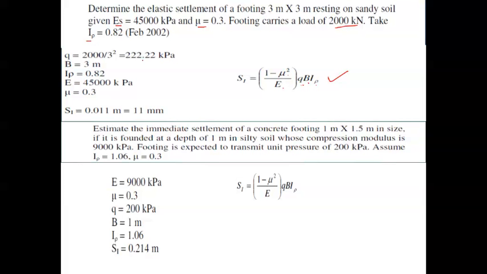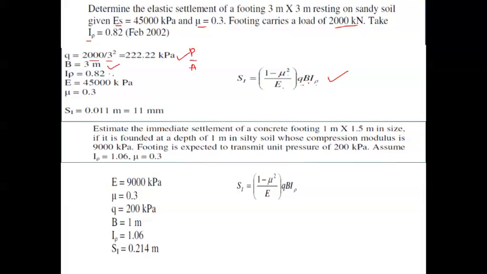So here the loading intensity, as you know, is nothing but the ratio of applied load to the area on which the load is acting. The load of magnitude 2000 kilonewton, as given in this problem, we take in the numerator, divided by 3 meter by 3 meter, the footing size. So 3 square, the square footing. Ultimately the Q value comes out to be 222.22 kPa. Then the width of the footing B is equal to 3 meter, as 3 meter by 3 meter is the size of the footing.